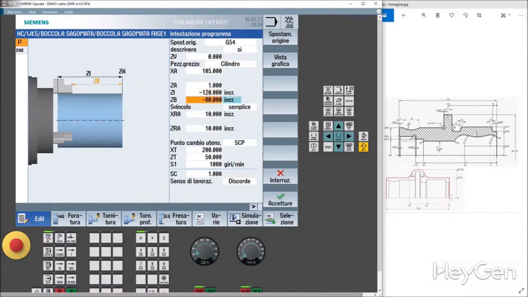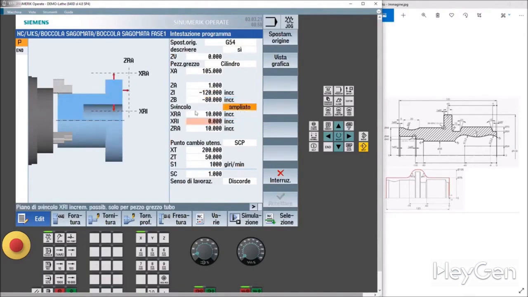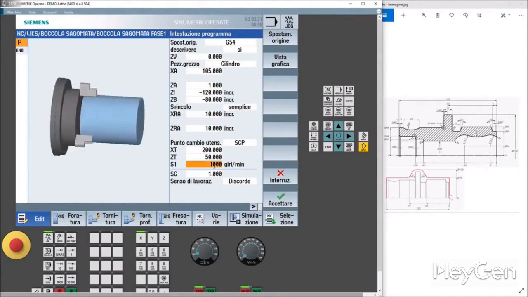Be careful. Here we are doing both internal and external machining, so the temptation would be to set it to expanded. You see, if we position ourselves on X3, release plan X3, possible increment, should we do it only for the raw tube piece? Since we are the ones who are going to make this hole, which is not a tube, we call it simple. For now, okay? All the other things more or less usually remain unchanged.